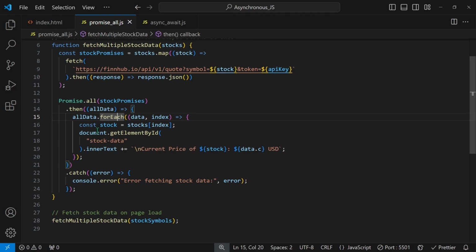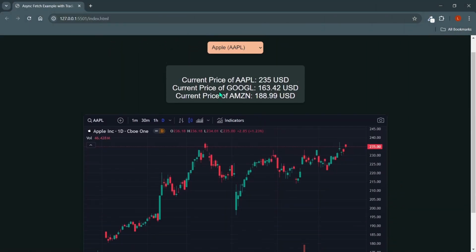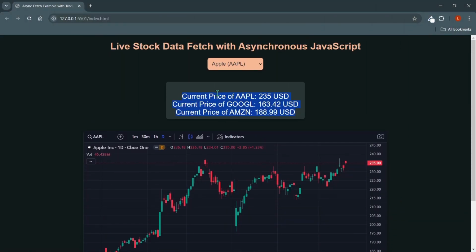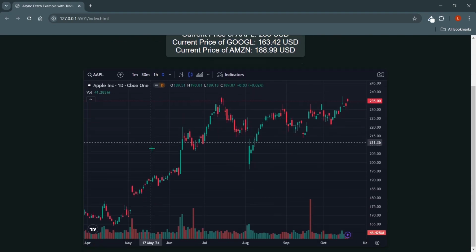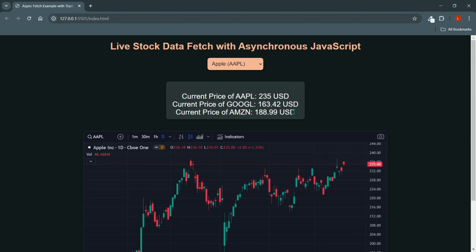That's all there is to it. Let's test this. Now, if we have a look at our chart, there is the current price of Apple, Google, and Amazon. They are displayed over here. Of course, the trading view widget is not functional with this one. We have the drop down, but we're not really bothered with what the trading view widget shows us. What I wanted to see was these prices displayed over here,